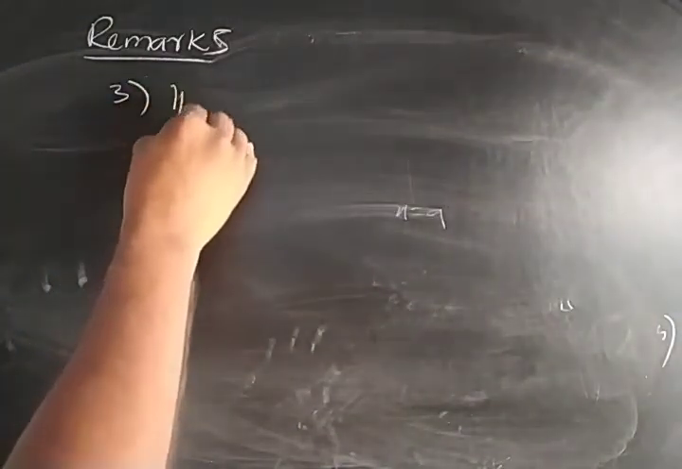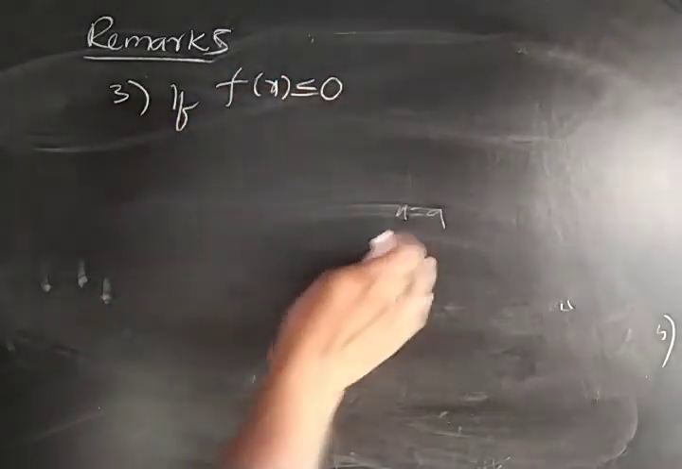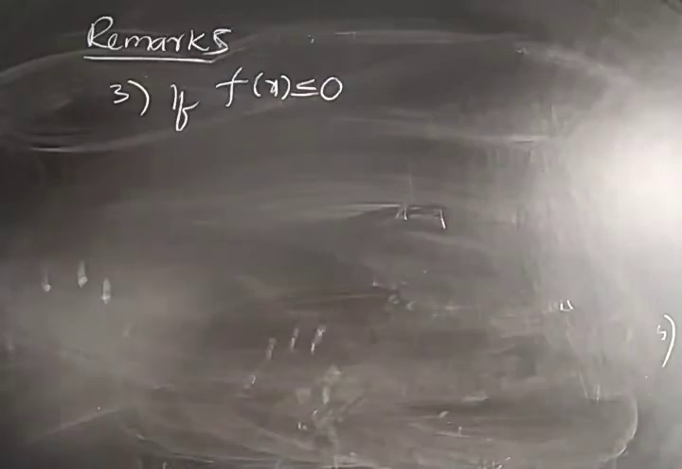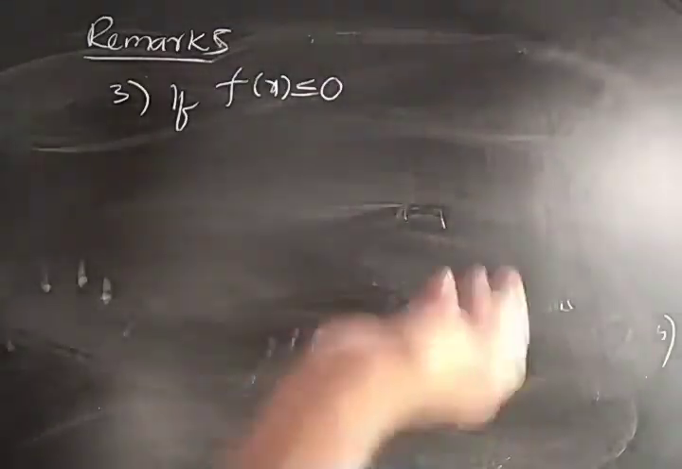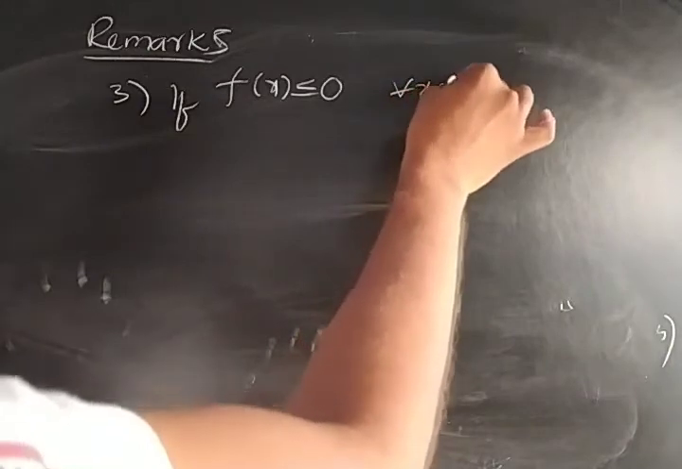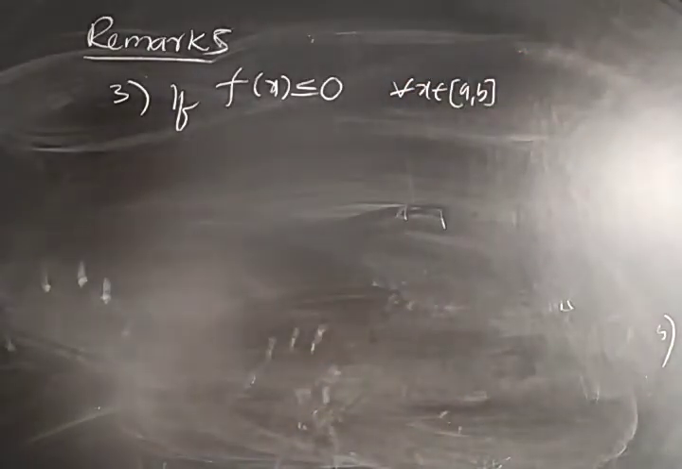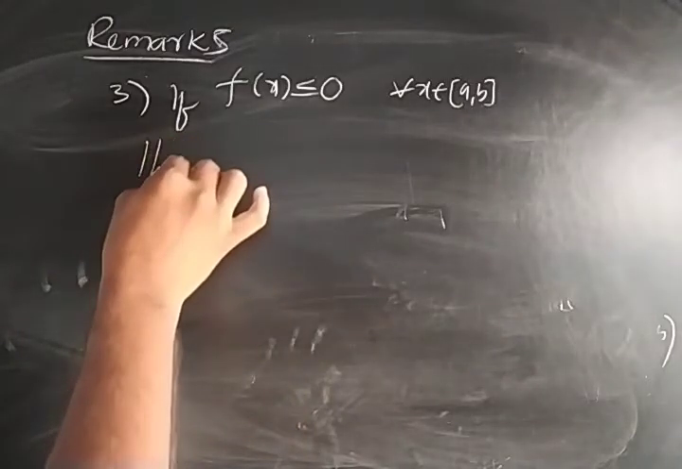Remark 3. If the function values are less than or equal to 0, which means the graph lies below the x axis, for all x belongs to closed interval a comma b, then the Riemann integral